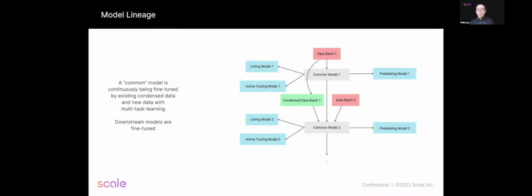Then, when we have a new batch of data, we first condense the initial data batch by looking at how the training loss evolves when we first train the first model in order to oversample hard and edge cases. Then we fine-tune the common model with this new batch of data with the condensed data we made from dataset batch 1. From this new common model, we repeat this process of fine-tuning for downstream tasks such as pre-labeling, linting,